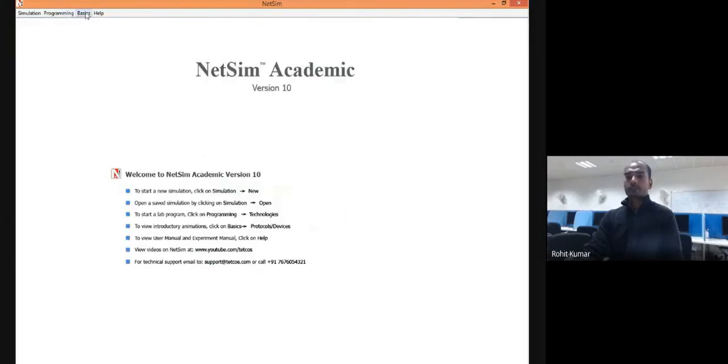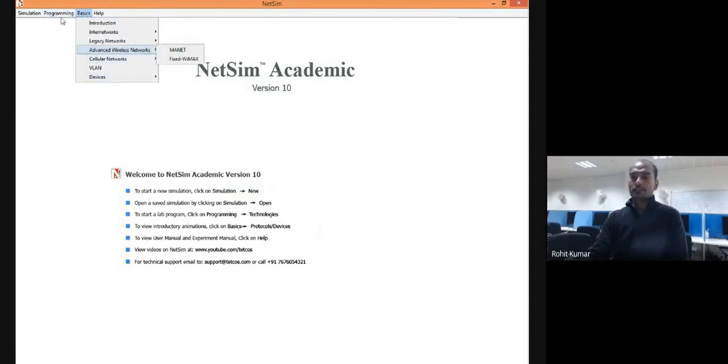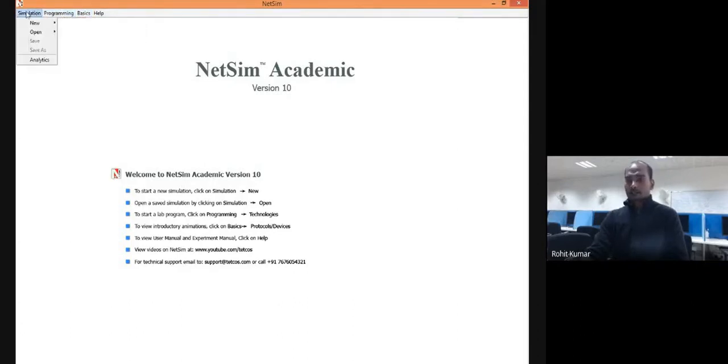Okay, leave it. It is not functioning right now in a proper way. So these are the simply theory sort of classes. Means if you don't have the idea of different protocols, etc., then you can simply go into programming and basics. These two menus will help you to get familiar with the different protocols and different concepts of computer networks. With respect to our interest, only the simulation menu is really helpful, and the help menu will introduce you to the various capabilities those things you can perform in NetSim version 11 or version 10.